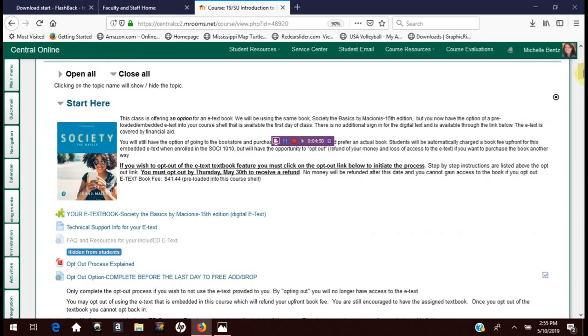The other thing is this course provides you, when you registered, you were already locked into an online digital e-text. And this digital e-text has been provided for you. This is the link to your digital e-text. You do not need to log into anything. You don't need a code. It's already fully accessible for you once you register for the course.